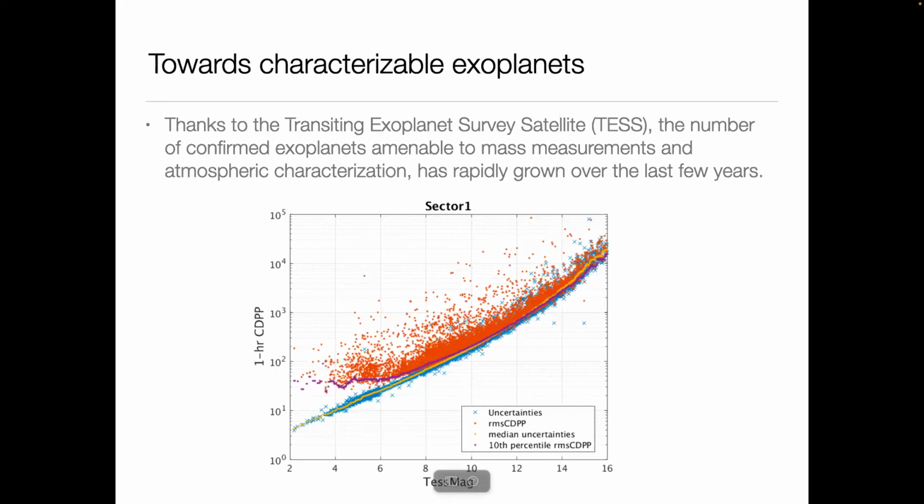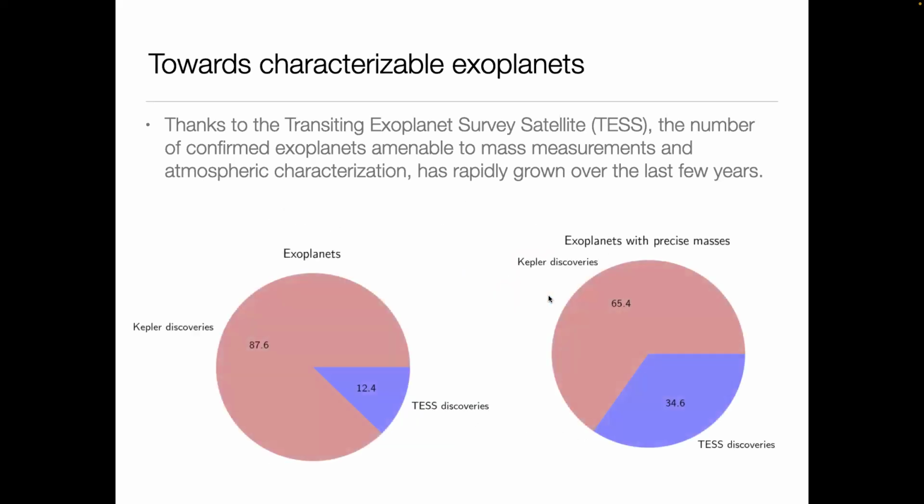And this is log. So because of that, you can see that there's some saturation here of the noise that you get. And this is actually in units of parts per million. We use that a lot, ppm, parts per million. And you can see that towards the fainter stars, our noise is increasing. And I won't really go into the physics of that, otherwise I won't be able to finish this on time.